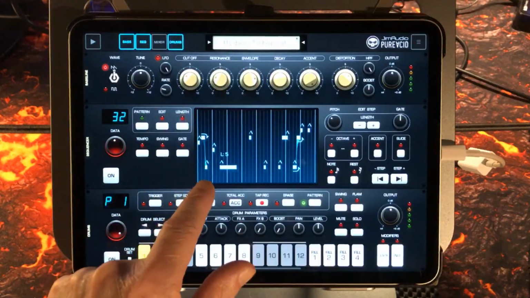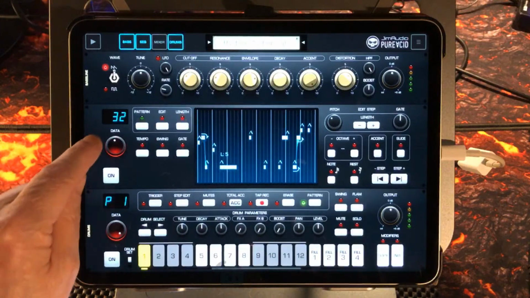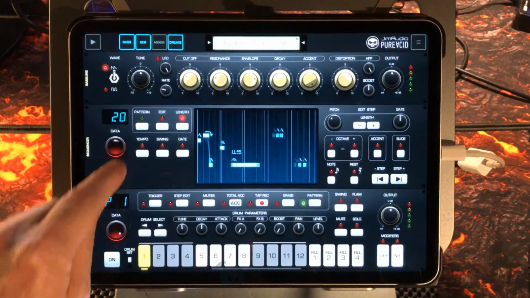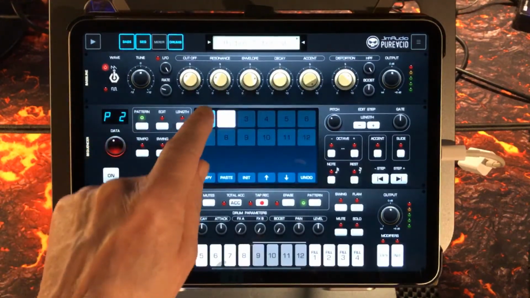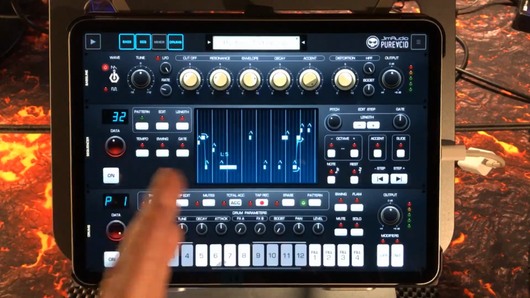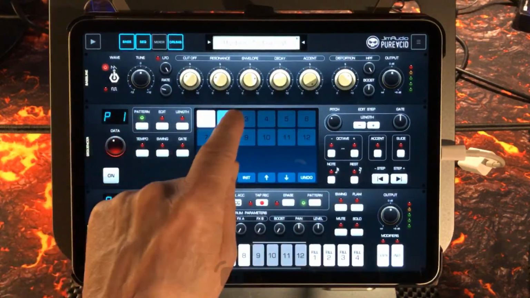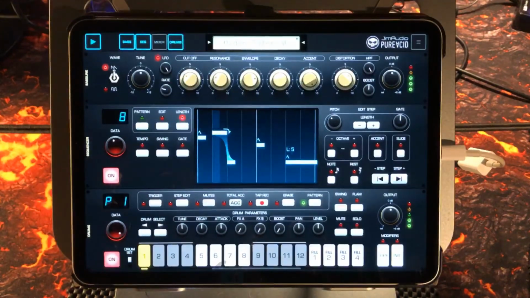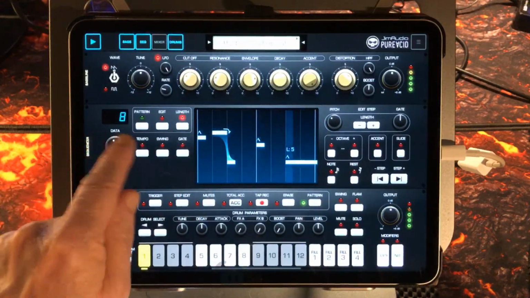Let's go to length. So I'm pretty sure that we can adjust the length of patterns independently. Well, we shall see, shall we? So I'm going to take this down to something like 8. And then I'm going to go back to pattern 1 and see length. So, right, you can have independent pattern lengths for each of the patterns as well. So that's super handy. So now pattern 2, which we've just adjusted, is just going to be this. And if we're in length and use our data wheel,